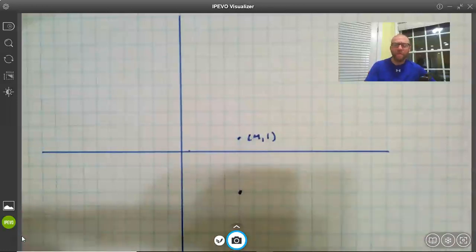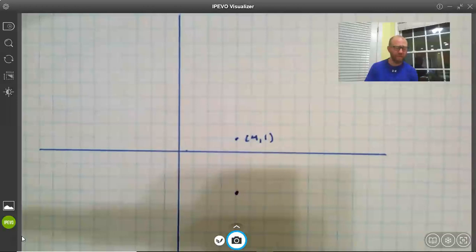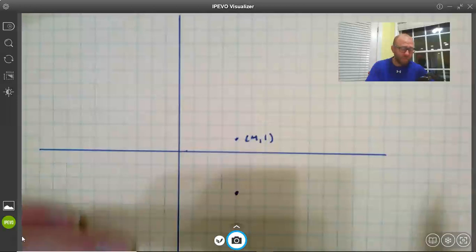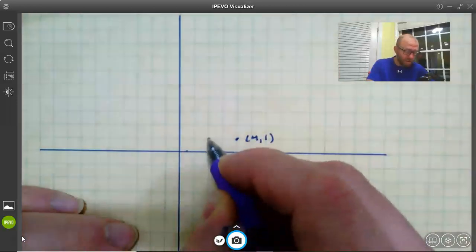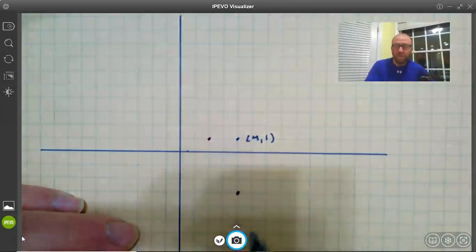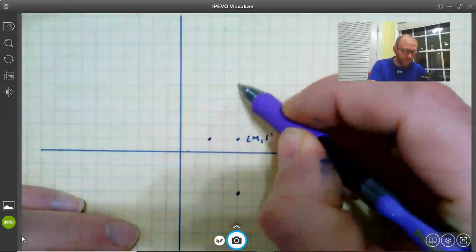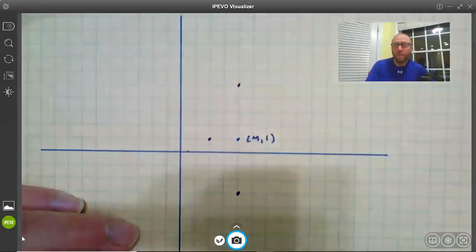Pretty easy. But then, are there any other points that are the same distance from the axis as they are from the point? The y-axis, by the way. And actually, if you look here, there are several others that are not necessarily in the fourth quadrant, but right here in the middle, that's 2 spaces from the point, 2 spaces from the axis. And then I thought, well, there's this mirror image up here, 1, 2, 3, 4 up here. That point is also